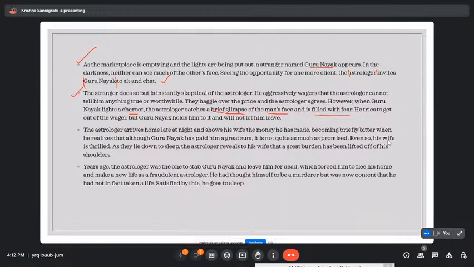So, we see that it's really dark. Not many people are there. It's almost an empty street. And you cannot actually see anybody's face because of the darkness. And it is because he is lighting up his cheroot, or a cigar, that you can catch a brief glimpse